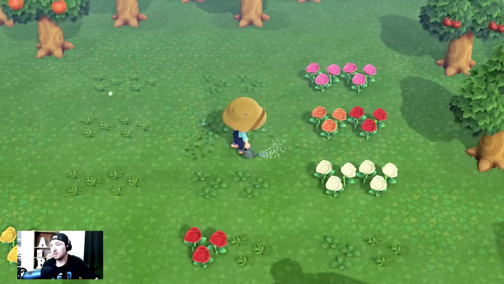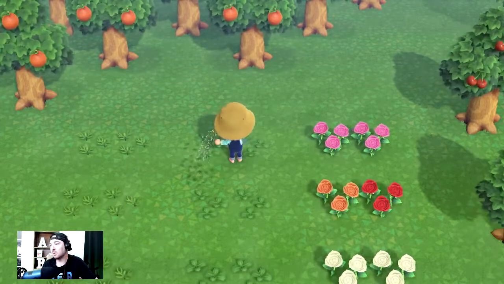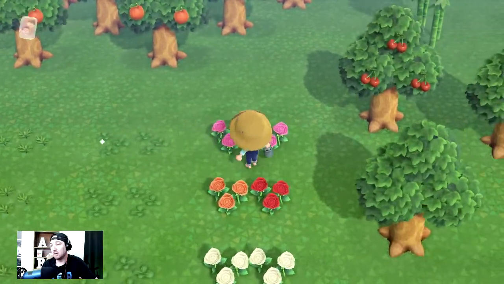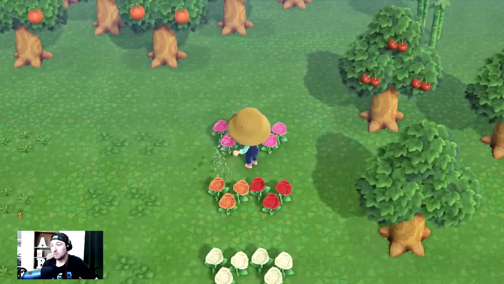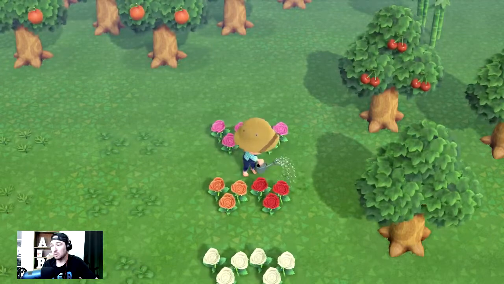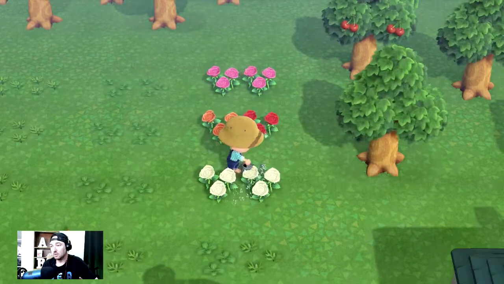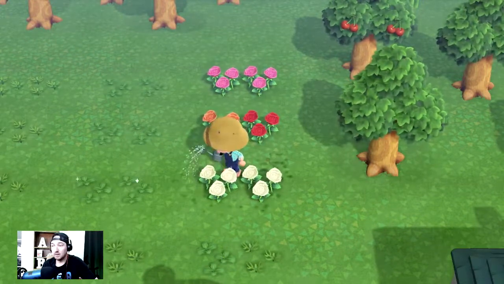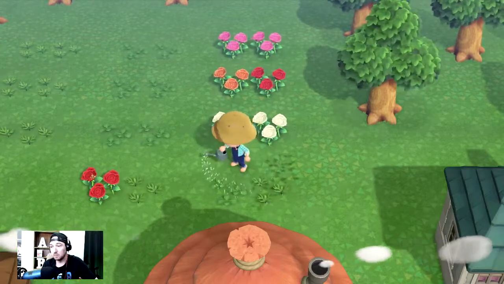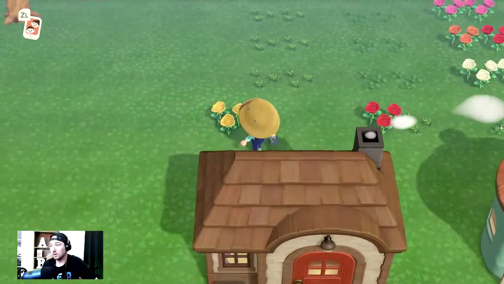But like I said, if you are interested in getting all the different hybrids, all the different color varieties, there are definitely guides. And they look super complex as far as what you have to do in order to get things to breed. It's a mini game in and of itself. It seems very time consuming. If I'm being truthful here, I don't feel like...